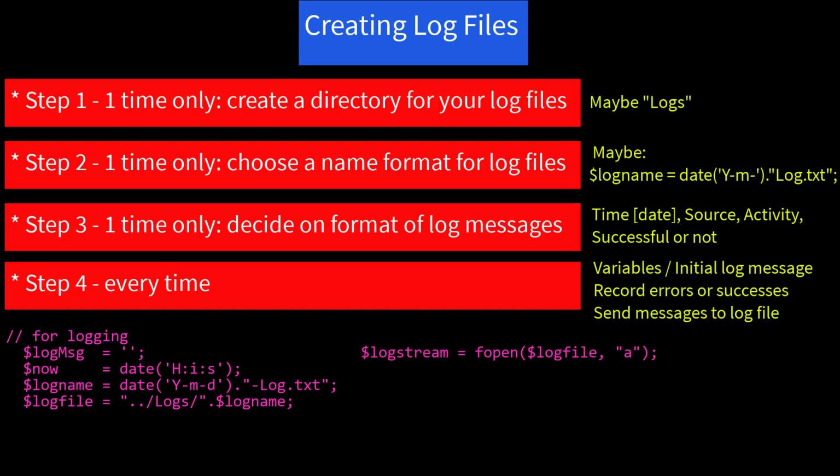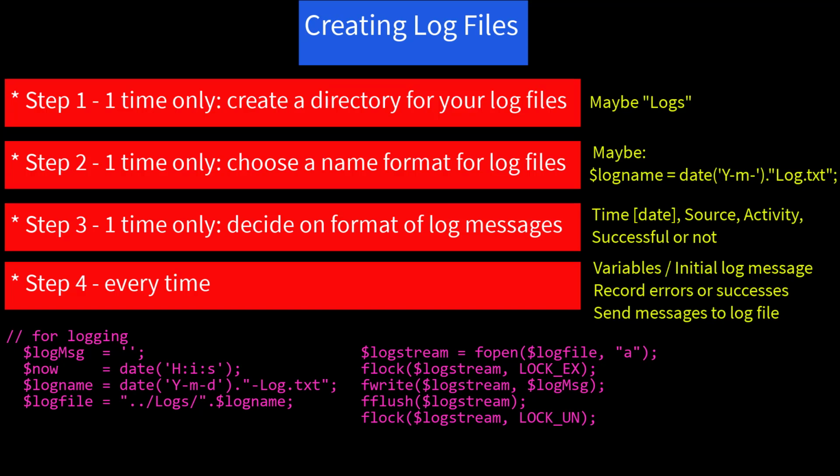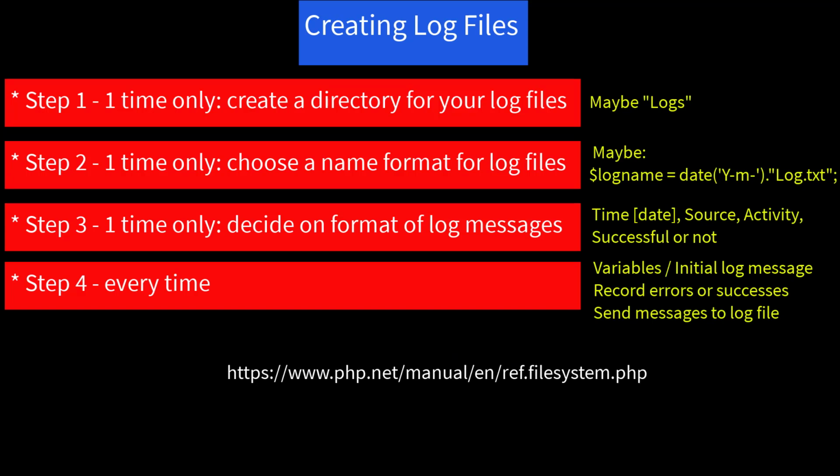$log_stream = fopen($log_file, "a"); flock($log_stream, LOCK_EX); fwrite($log_stream, $log_message). Now here's where we actually write to the buffer. fflush($log_stream), so that clears the buffer to the hard drive. flock($log_stream, LOCK_UN), which frees the lock, and fclose($log_stream). We discuss the above code in detail next, and the source for file system functions is found here,